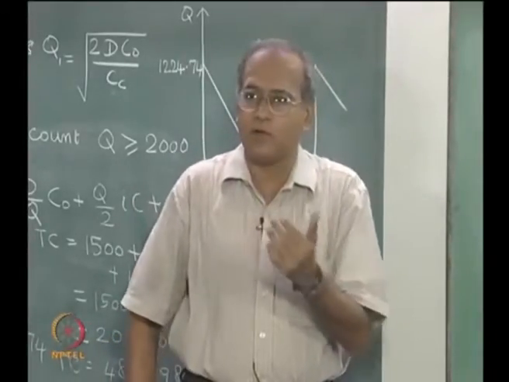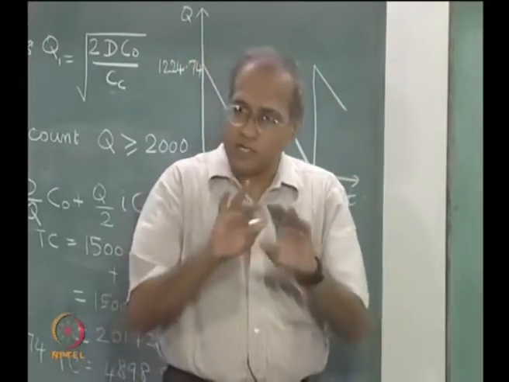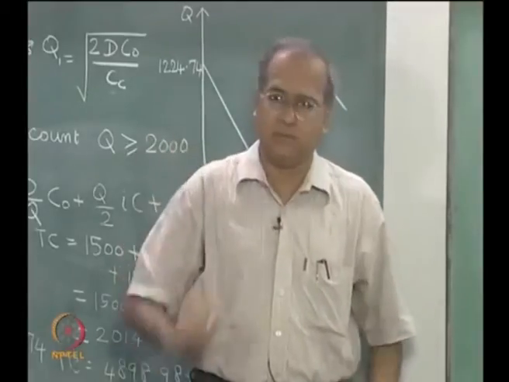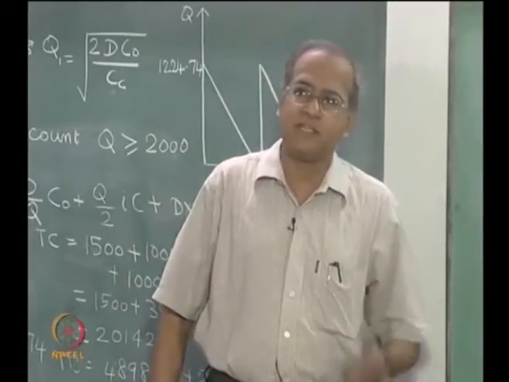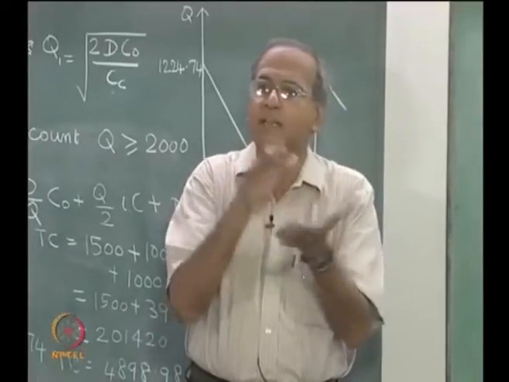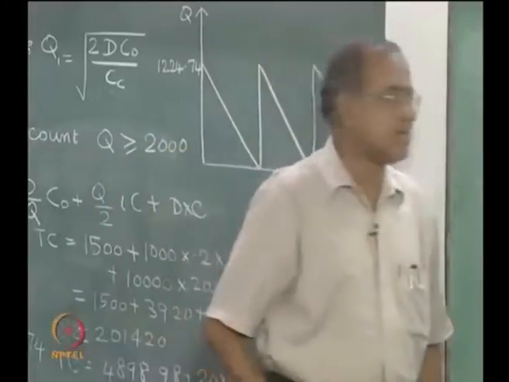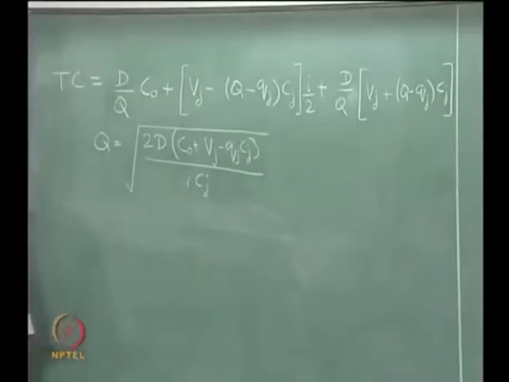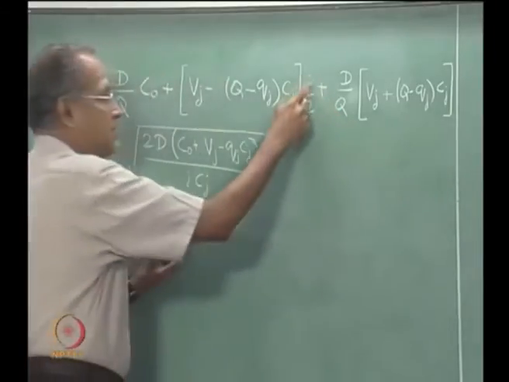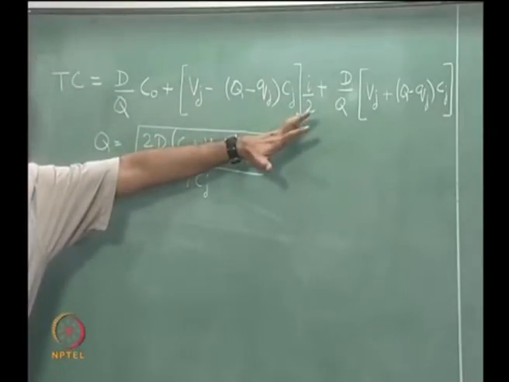Now, here we can write it as Q by 2 into I into C, which can also be written as QC by 2 into I, where C is the unit price of the item, Q is the order quantity, and QC is the money value of the order quantity. So, let us look at the carrying cost as the money value of the order quantity by 2, which is the average, into I. So I by 2 is separated. Now, this is the money value of the quantity ordered.